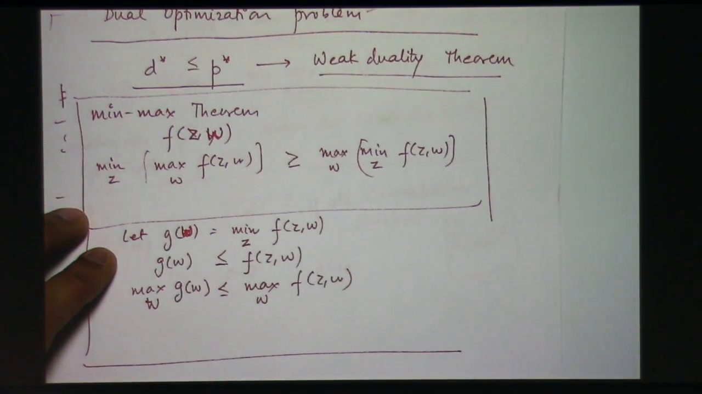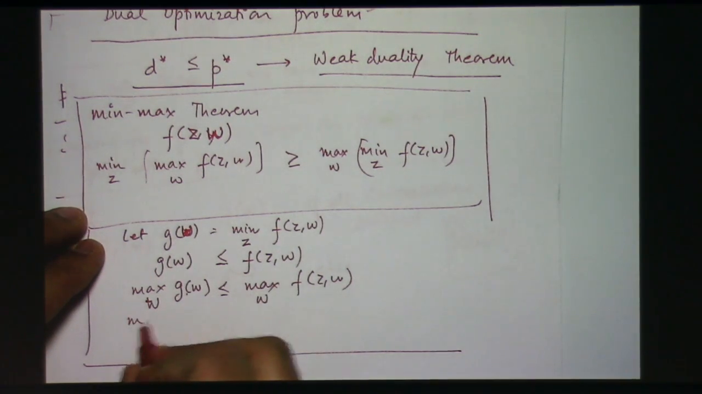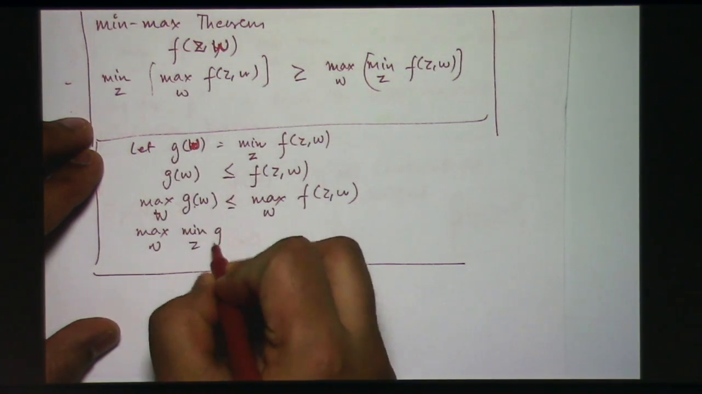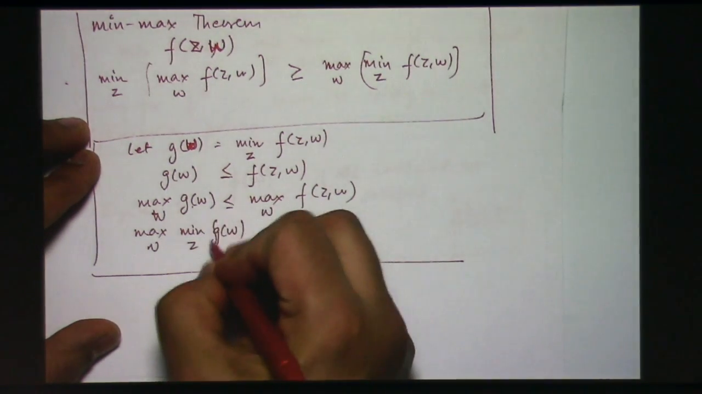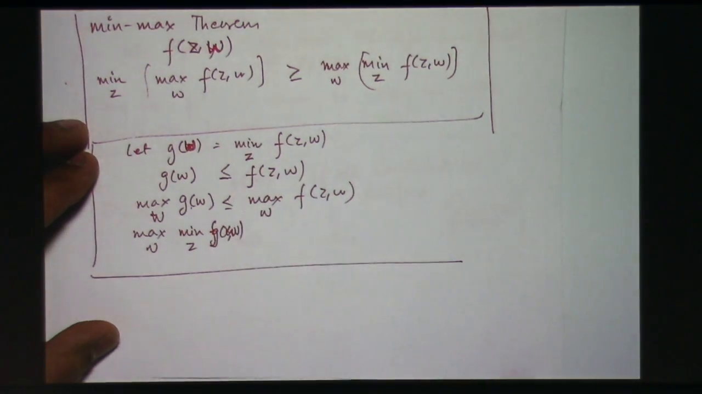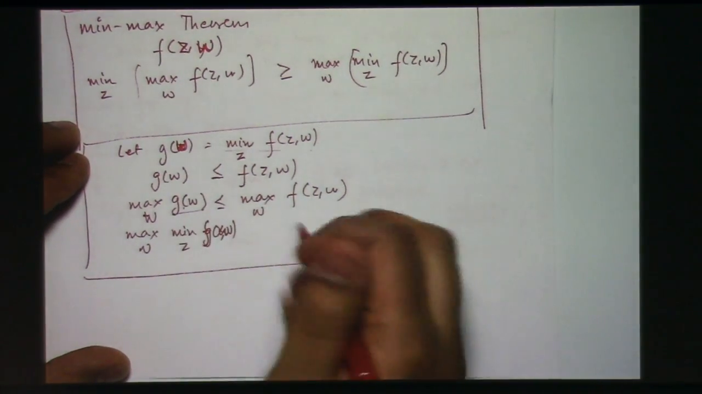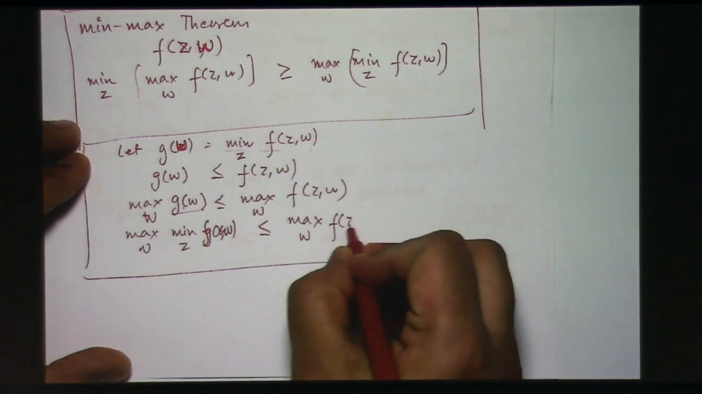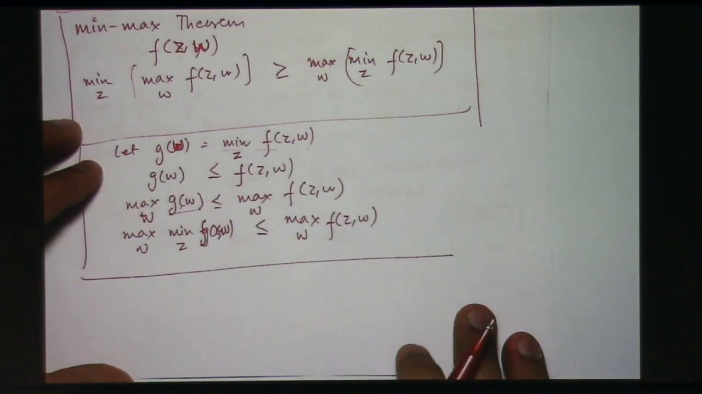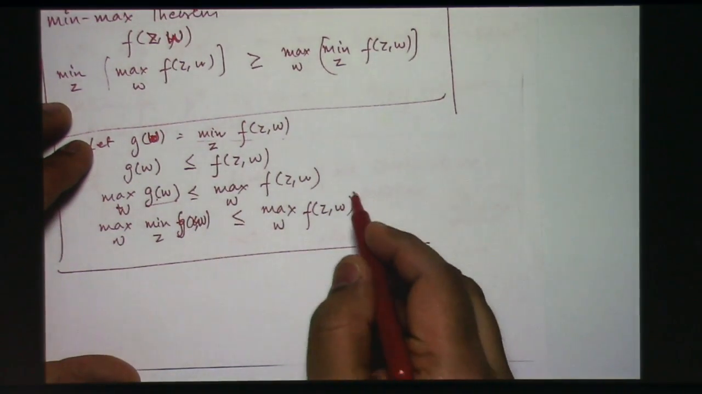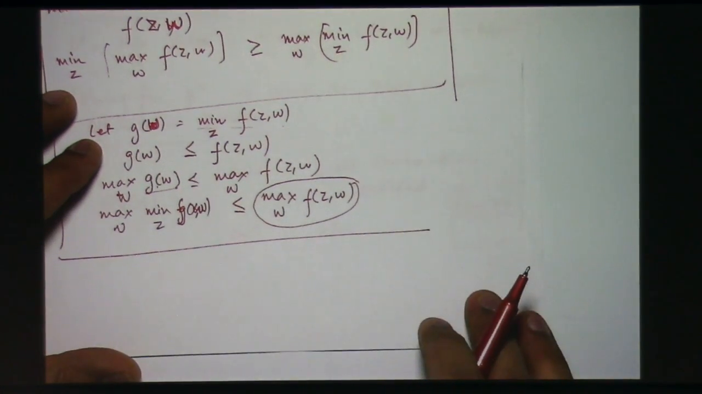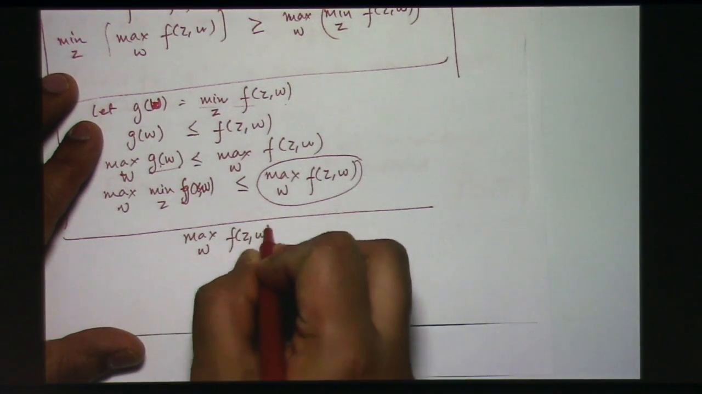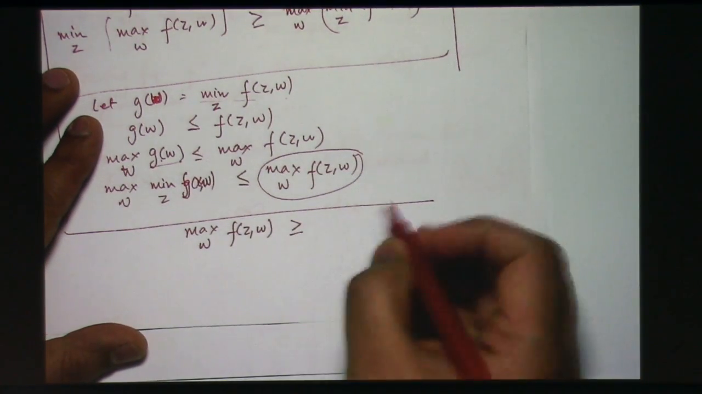And this is nothing but the max over w of min over z of f(z, w). Oh, sorry, f(z, w). So I just replace g with this value. And this will always be less than or equal to the max over w of f(z, w). Now what you can see is that this quantity, the max over w of f(z, w), will always be greater than or equal to